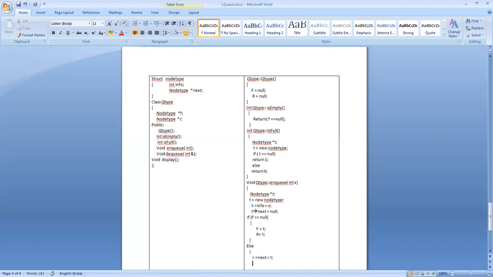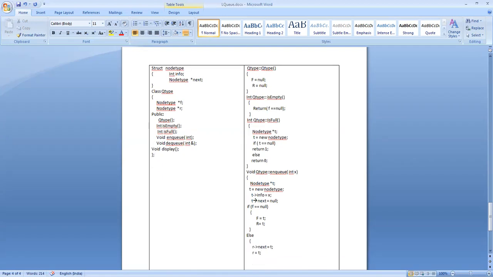Then you make rear point to the current last node, so rear is equal to t. That's all. We have successfully inserted a new node into the queue. This finishes the method for inserting a value into a queue.